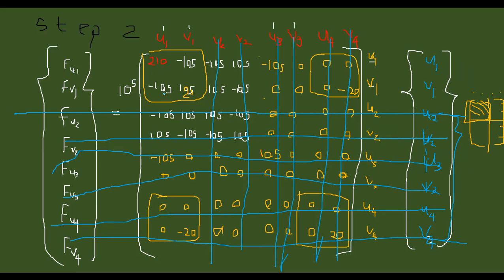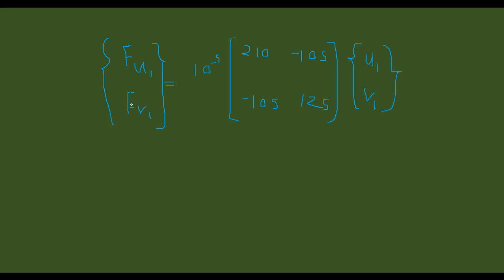So if you consider FU1, FV1 will be 10 to the power 5, 210, minus 105, minus 105, 125, Q1 and V1. So you know what are the forces, because those are